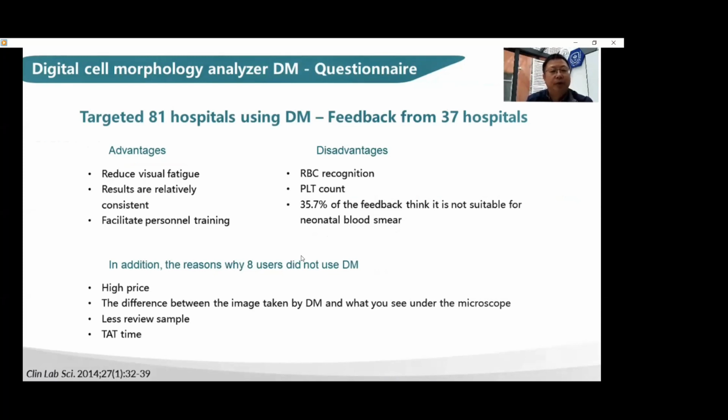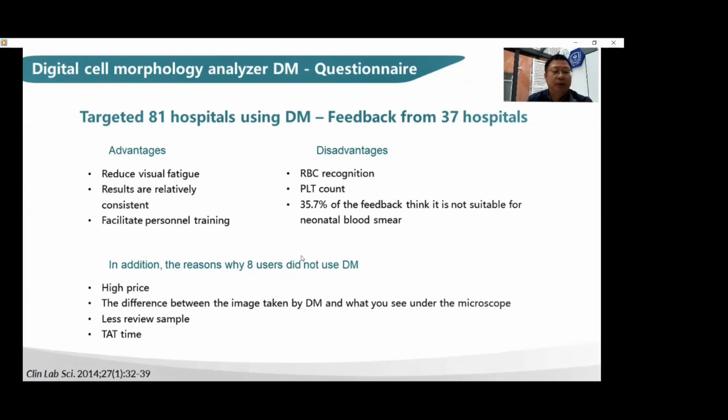And there's another targeted 81 hospitals using DM, and we see the feedback from 37 hospitals. We can already clearly see the difference. The advantage is that it can help to reduce visual fatigue, and it can also result in relatively consistent results. At the same time, we can also facilitate personnel training and also the RBC and the PLT count is also a disadvantage, and 35.7% of the feedback say it is not suitable for neonatal